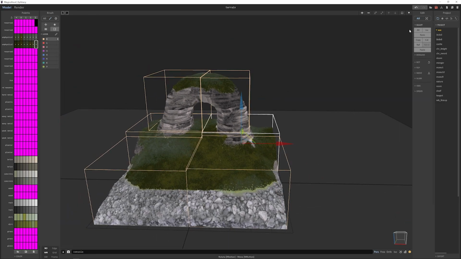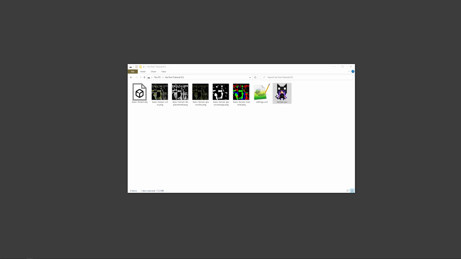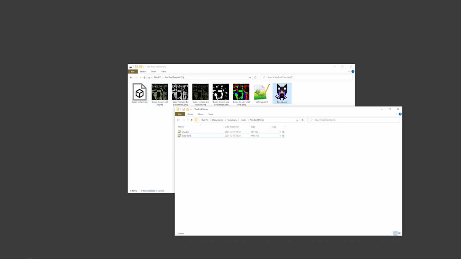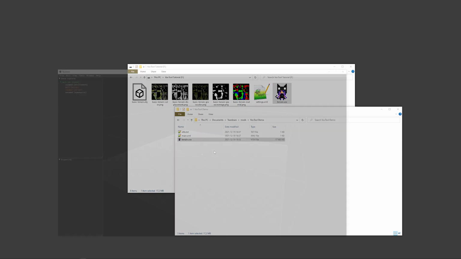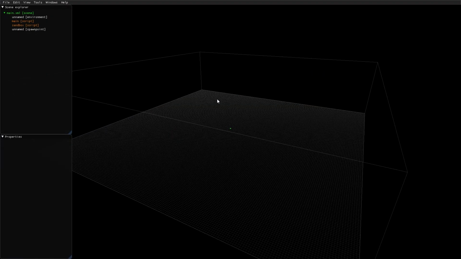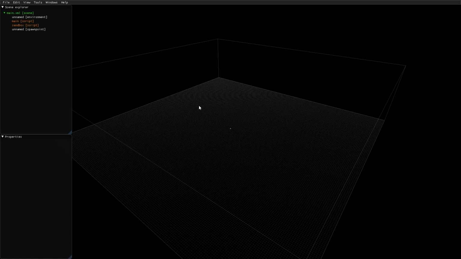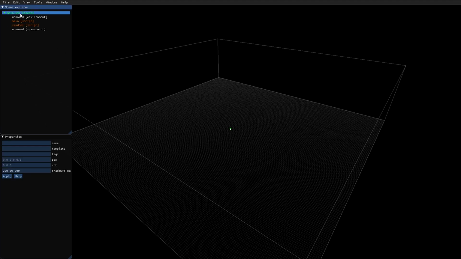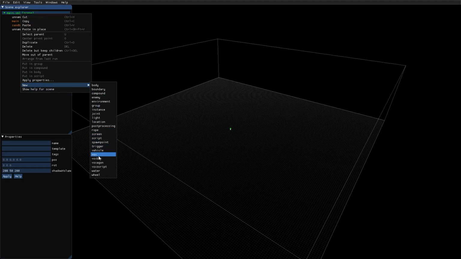Let's bring this into the game. So here I have a folder for a mod I've set up. I'm copying the Vox file over. Then I switch over to Teardown. It's an empty mod. Bring in a Vox file.